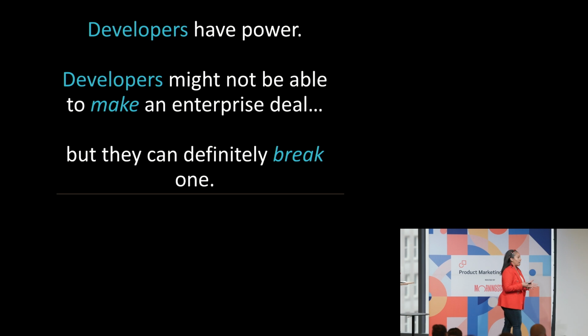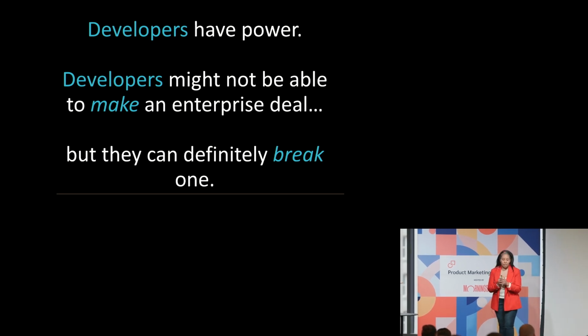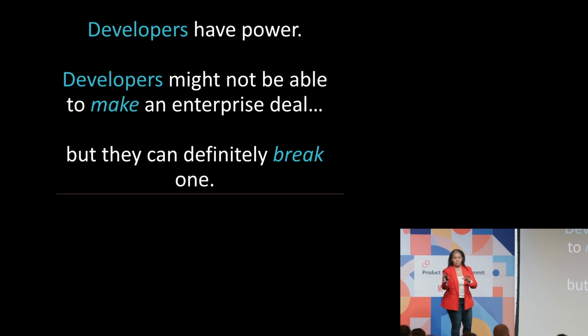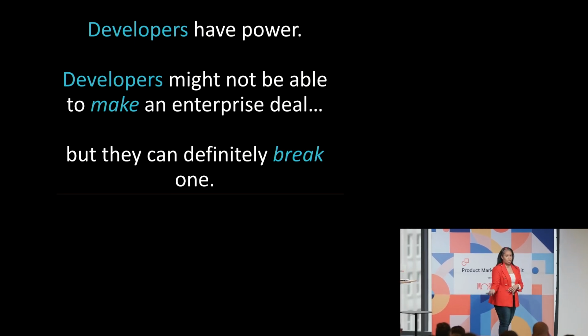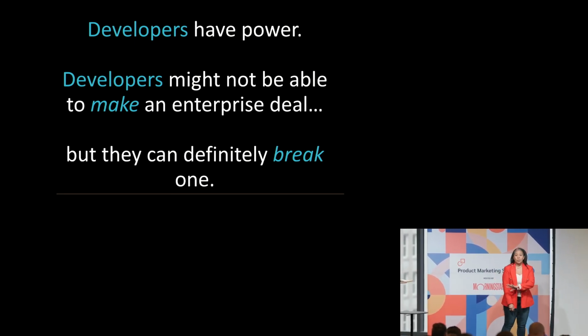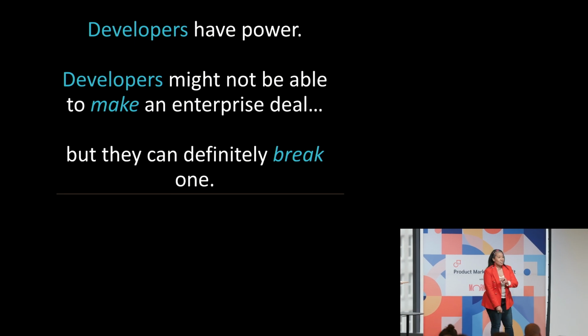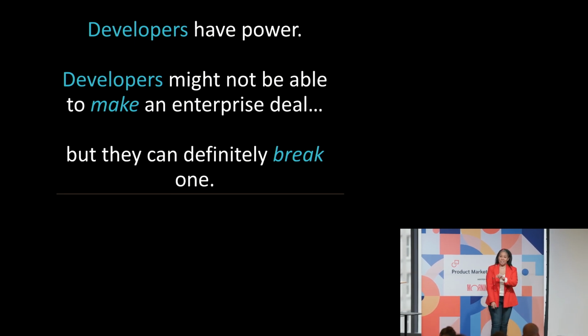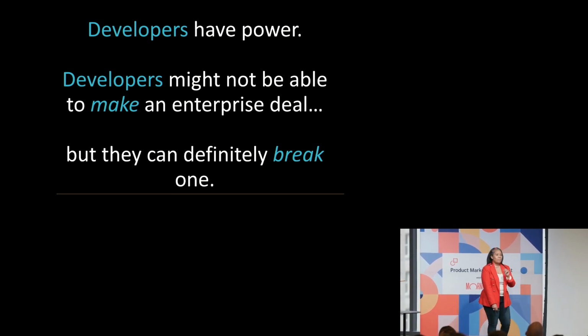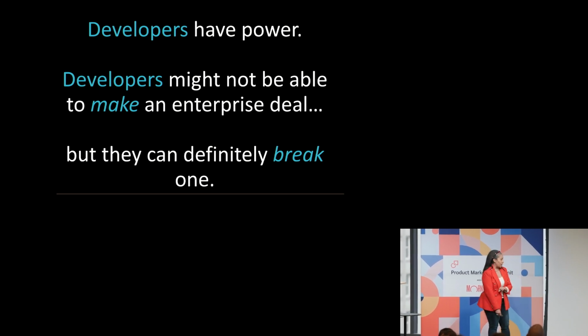You also can't rely on sales, because salespeople, you love salespeople, you really do. But salespeople will tell a VP, yeah, this SaaS product will start your car, it'll mow your lawn, all of that. When in reality, it doesn't. So it's up to you, the product marketers, to make sure that the messages are correct for your developer audiences, okay?